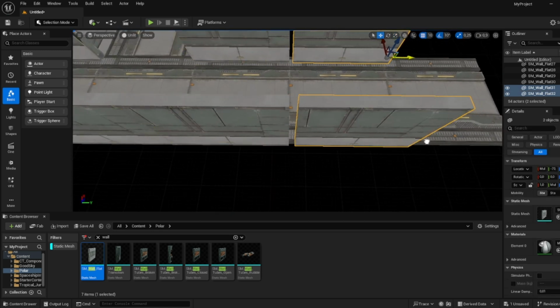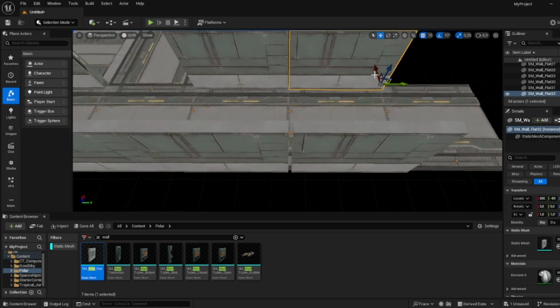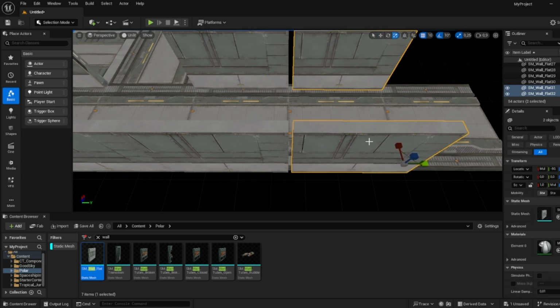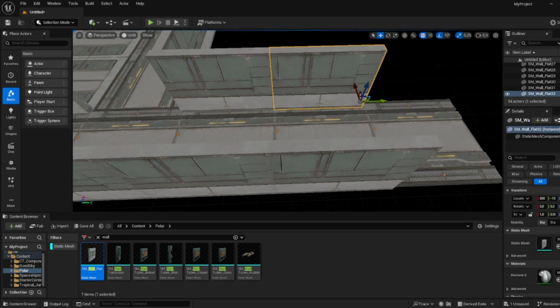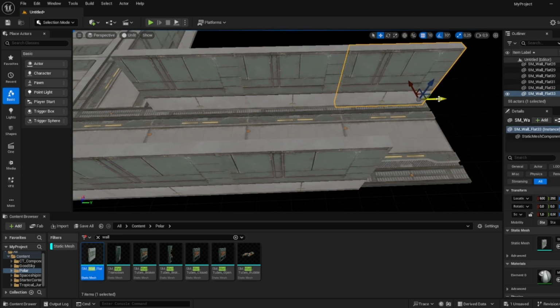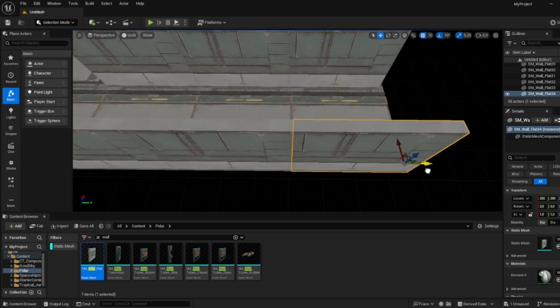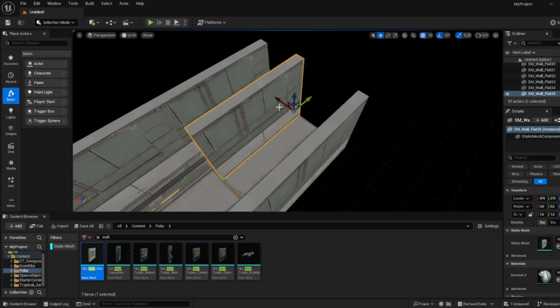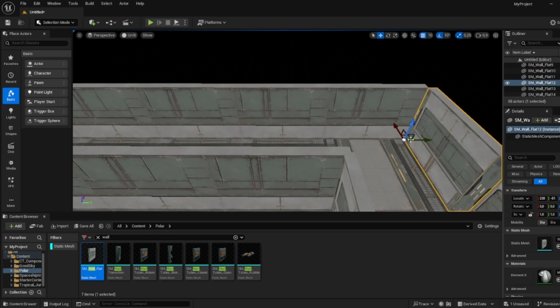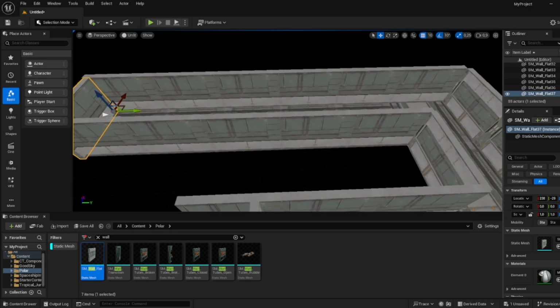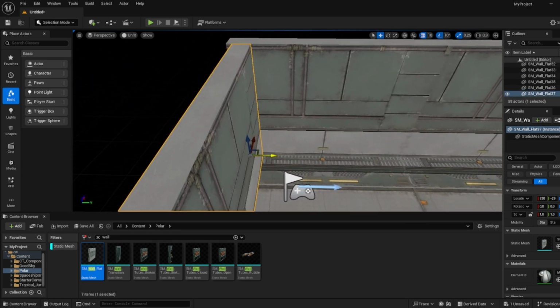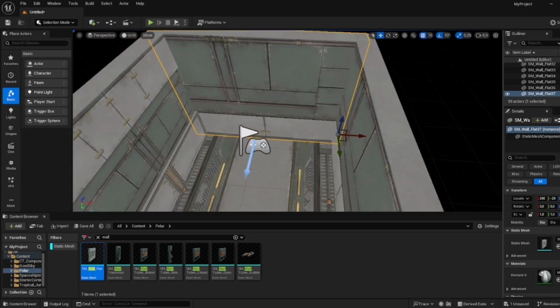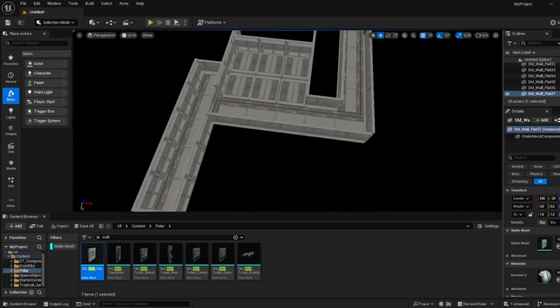And then just keep grabbing this, and again this one's a little bit bigger, so just need to kind of make it fit. There we go. And then one more. And then for this last part, put it over here. Alright, so now we have a whole